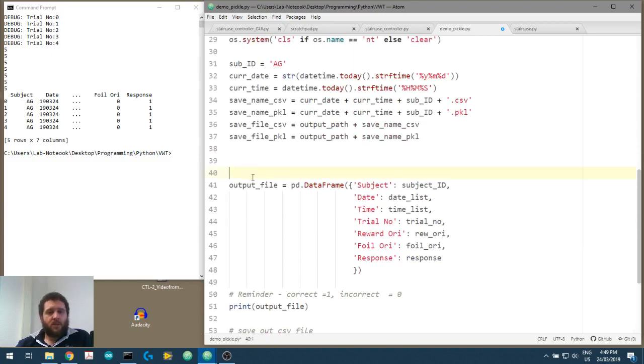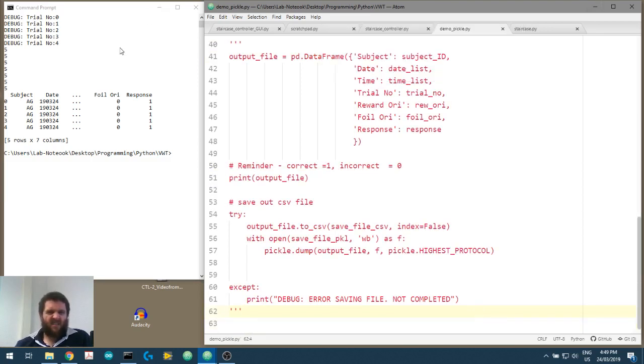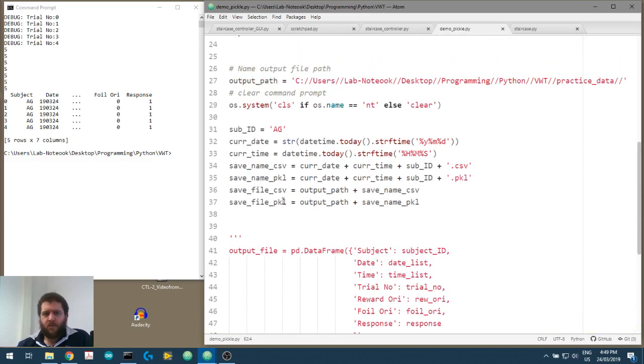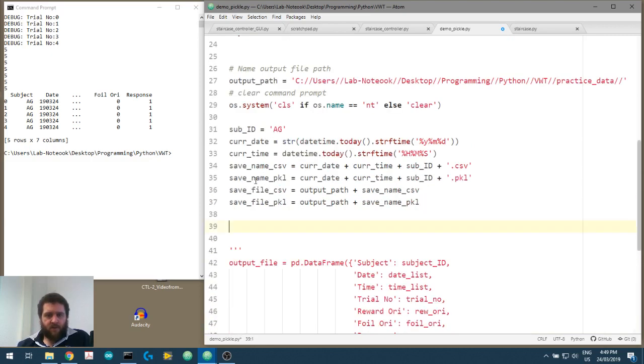What we're going to do is suppress the output of the output file just for now, because otherwise we're going to basically vomit out a lot of stuff onto our command prompt. So we'll just use a multi-line comment here to suppress the output. We've got our output stuff, we've got the current time, current date, good. Now let's create